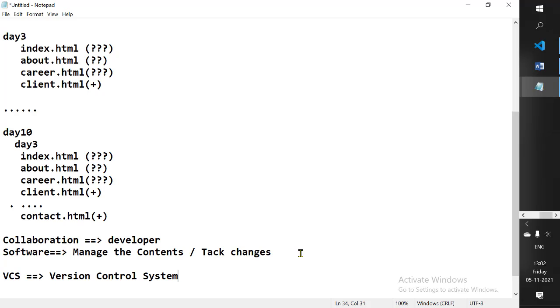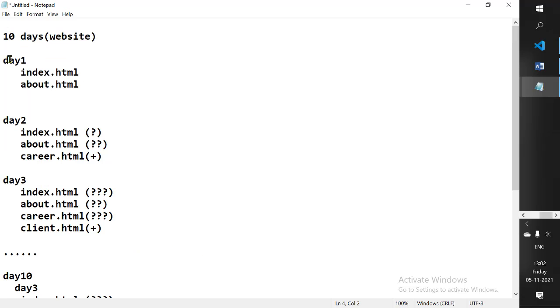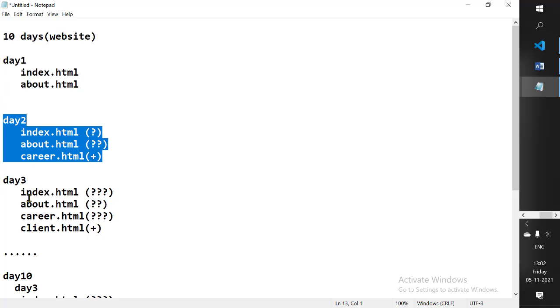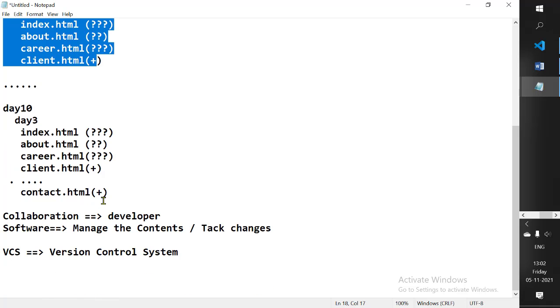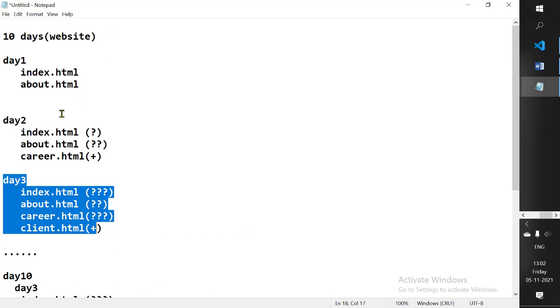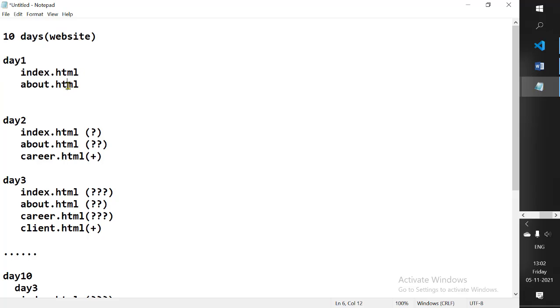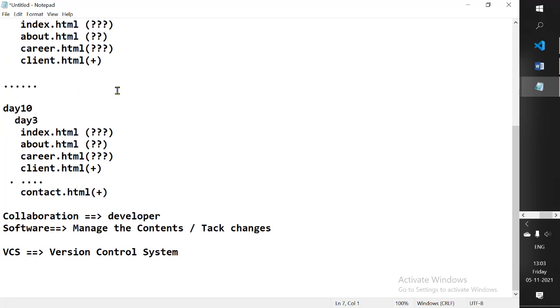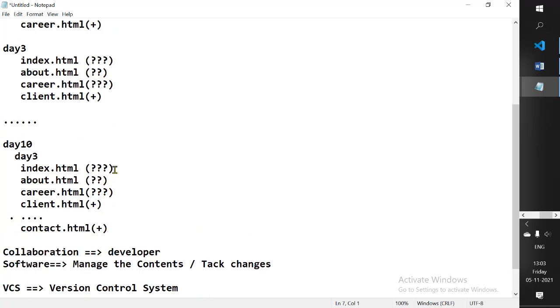So version control systems are basically a kind of content tracker. They track the changes you made on each day, so day 1, day 2, like that. It can track the changes, not necessarily day-wise; it could be a feature. In a day you made two features, you added an index and a about page, so it can keep track of each and every file, the changes you made in each and every file, and then you want to bring the changes back from